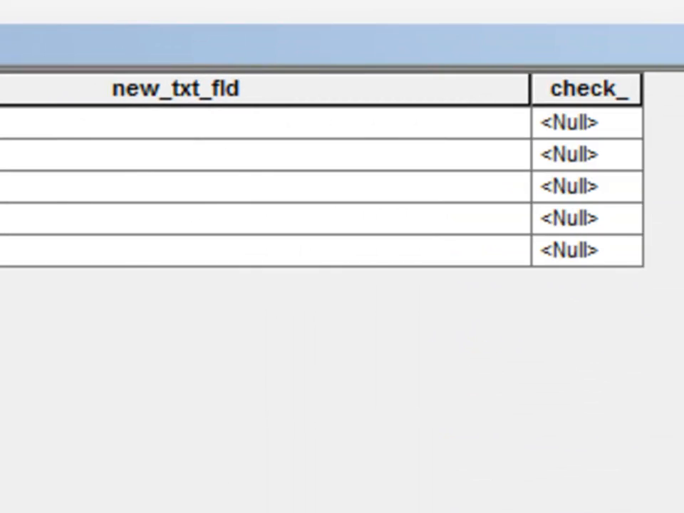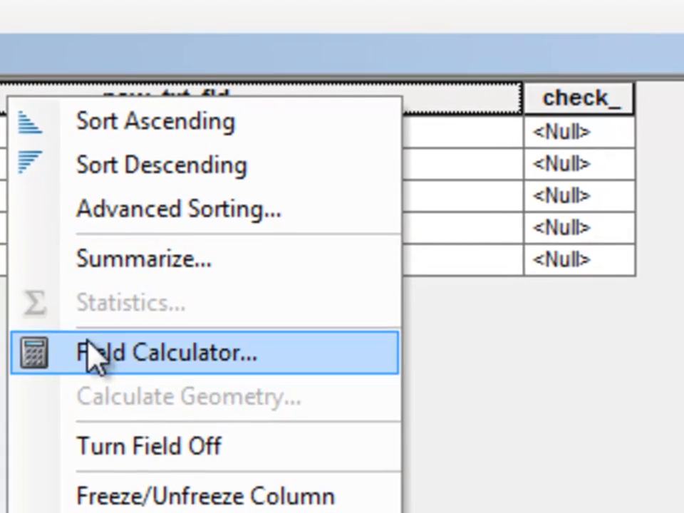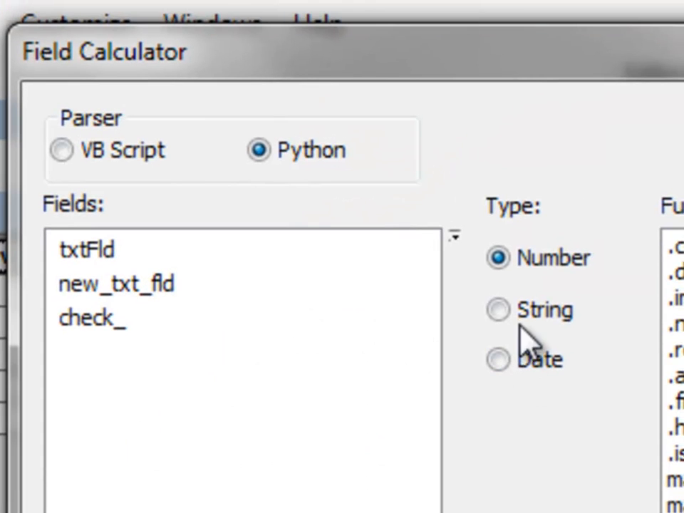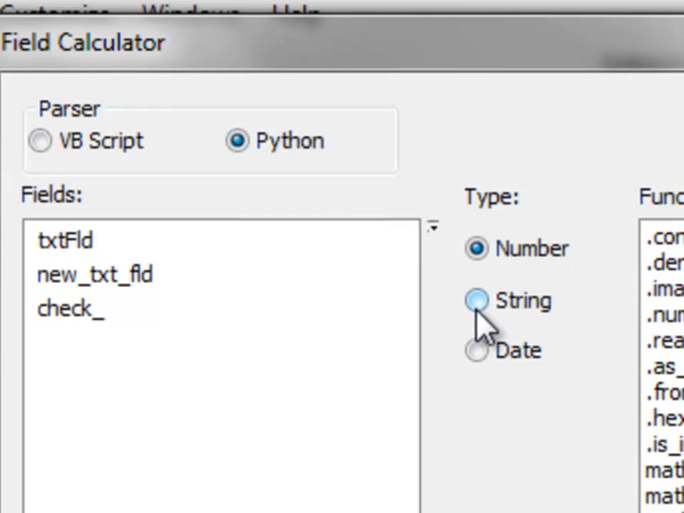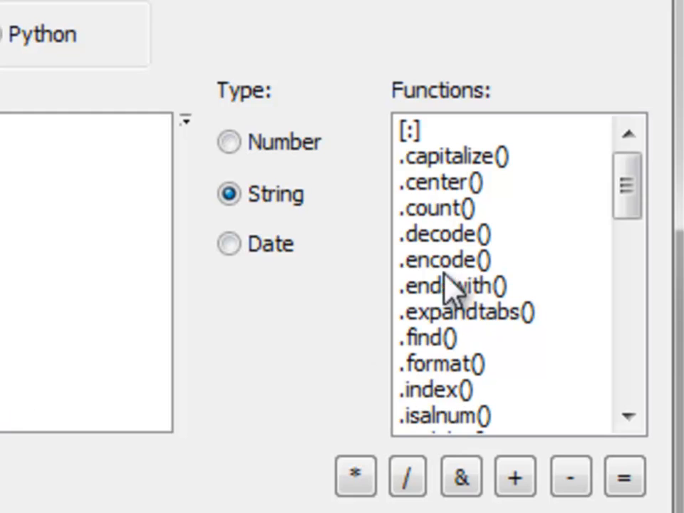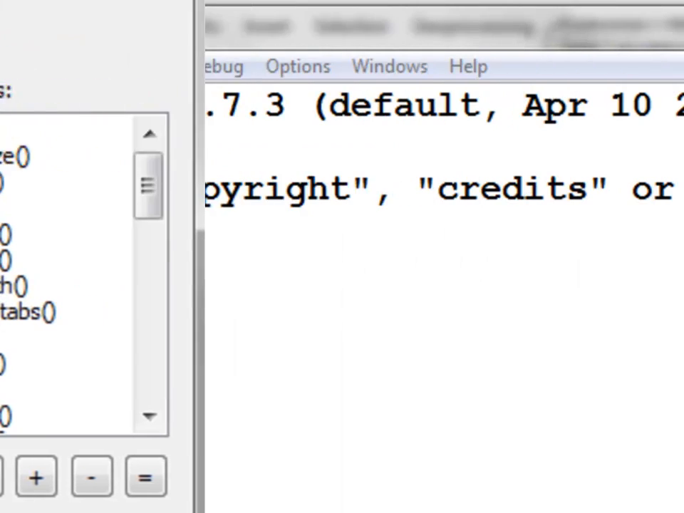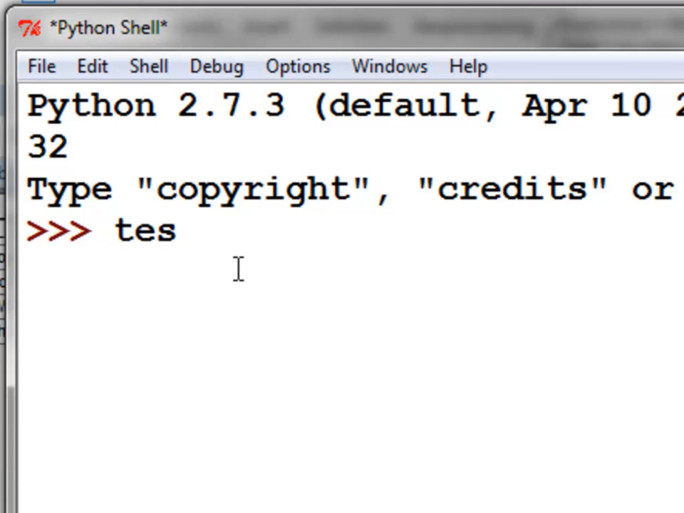Okay, so when working with text fields in Python in the field calculator, there's a bunch of functions that are applicable to strings. So if you just click on string, these are all the functions that are available with strings, and I'll go through the most common functions. If you want to learn about each of those functions, you can basically use help in Python to learn about each of those functions. So for example, if we start the Python interpreter, we'll just make a string variable called